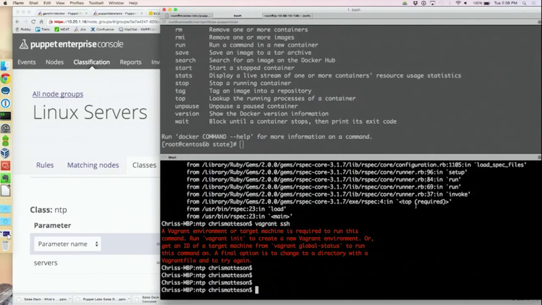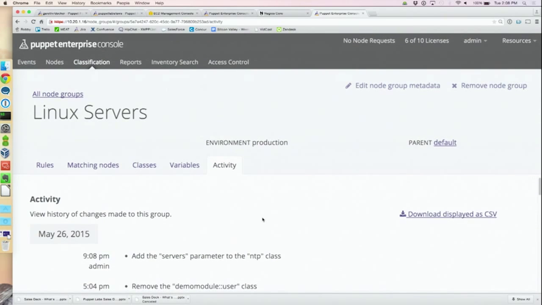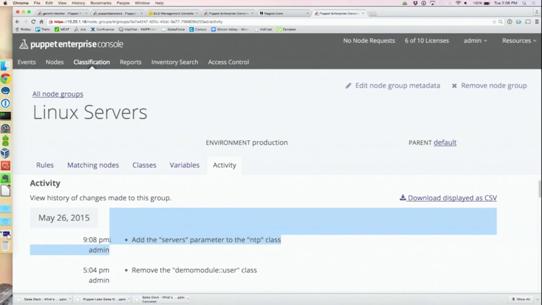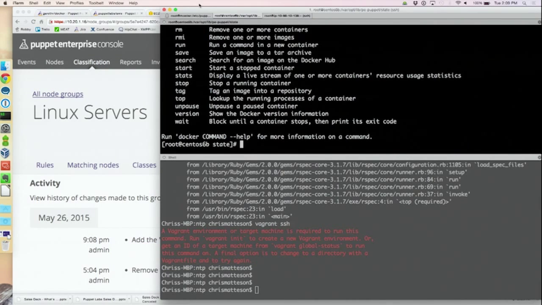And commit. And this activity gets tracked here that, hey, look, I made this change. So if you do need to come back and see when did this get changed, when this classification got updated, I can see the user that logged in and what they did. And then if I come,